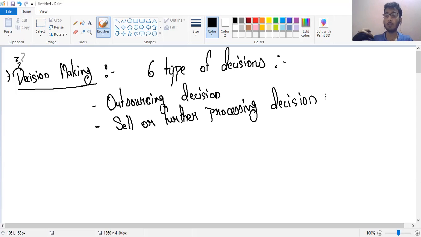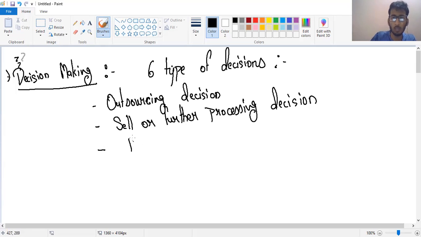Okay, what would be my revenue, whether I'm getting incremental revenue or lesser revenue. If I'm getting incremental revenue, I should further process it. If I'm getting less revenue, I should sell it in the raw form. So this type of decision, I'm briefly analyzing just to start the concept, because this concept is really important. I told you in the last lecture as well that we are starting decision making typically from here. So two types of decision we have done: outsourcing decision, and sale and further processing decision.